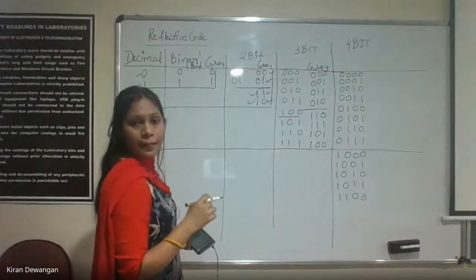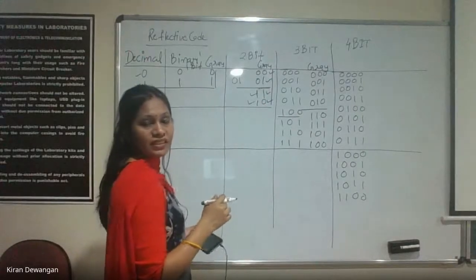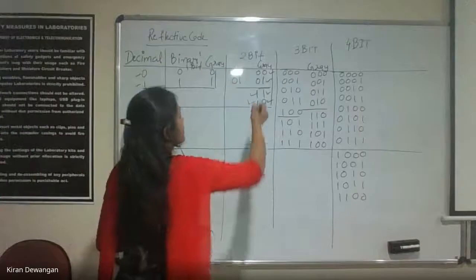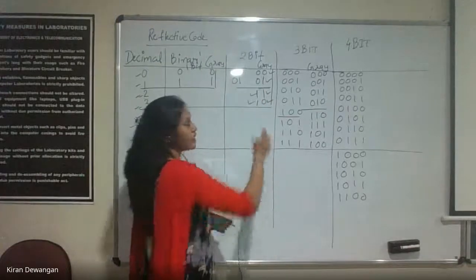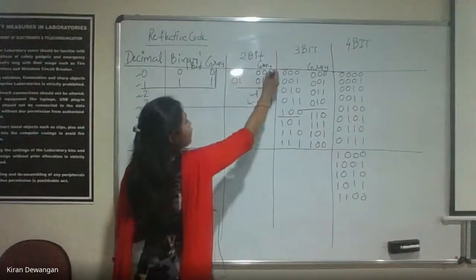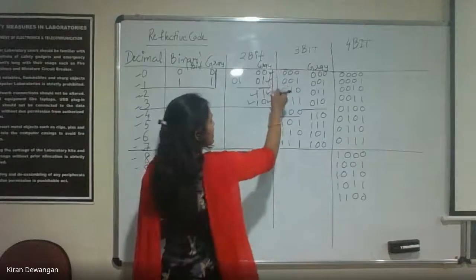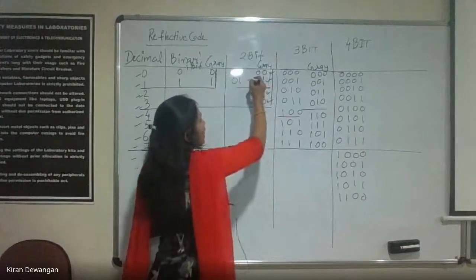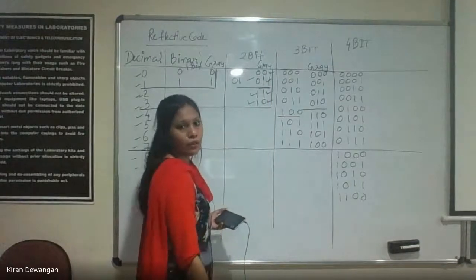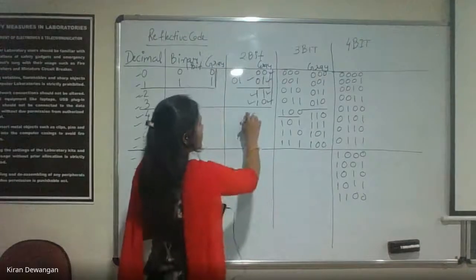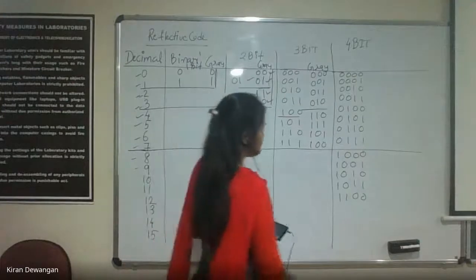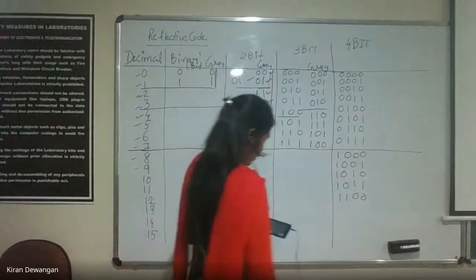This is just a reflection, reflection of upside to down. Here we have written 0 1 as it is, and after that its reflection came down. So the upper side of the mirror will be 0 0 and the lower side will be 1 1. Clear? So this is how we get 1 1 for 2 and 1 0 for 3. Okay? So this was 12. Now what is 13?